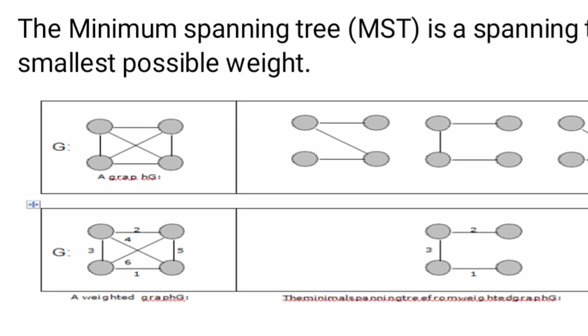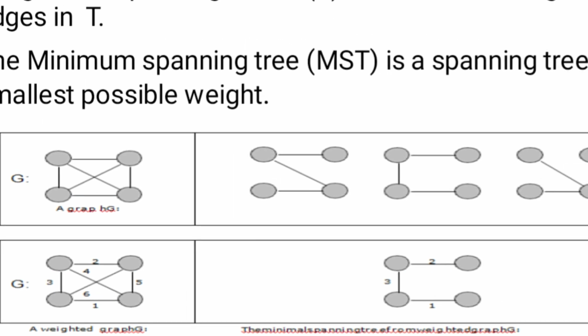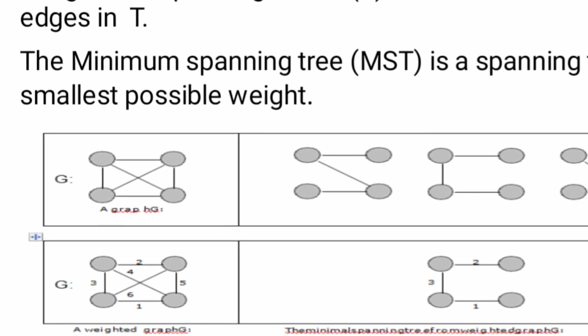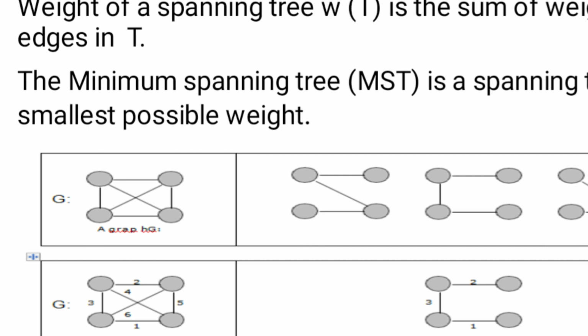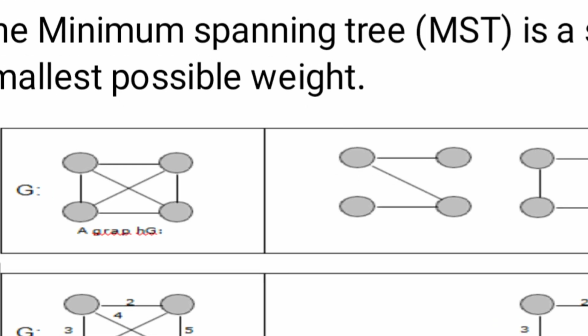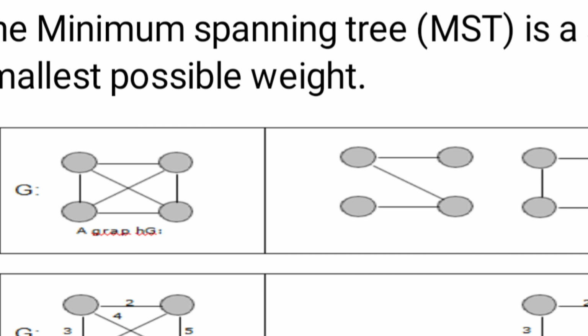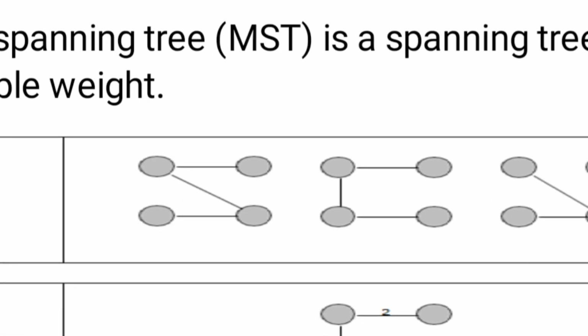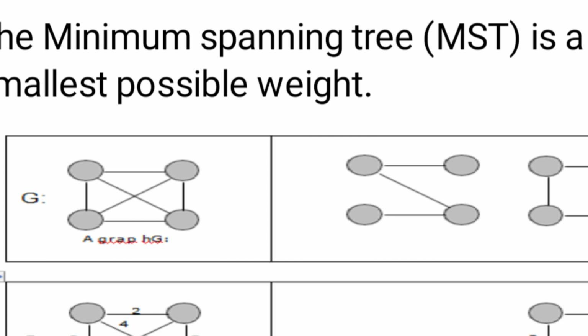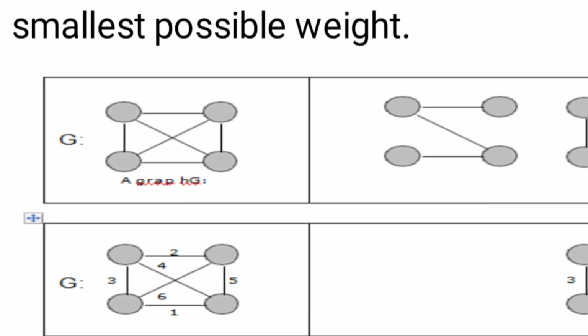In this graph, you have these many spanning trees here. There are 3 spanning trees drawn for this graph, and each spanning tree includes all the vertices of the original graph. You can see here all the original vertices of the graph are included in this spanning tree, but how many edges are there? That is V minus 1 edges. Here in this graph there are 4 vertices, hence 4 minus 1 edges are there, and 3 spanning trees are obtained for this graph, and this is an undirected graph.